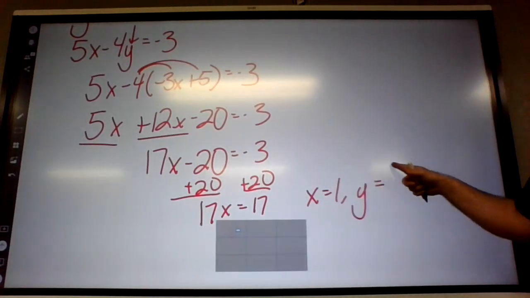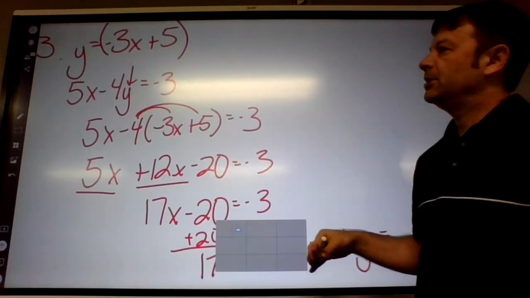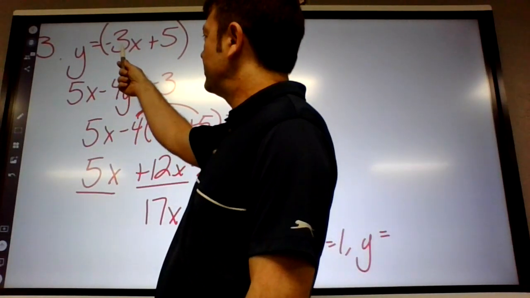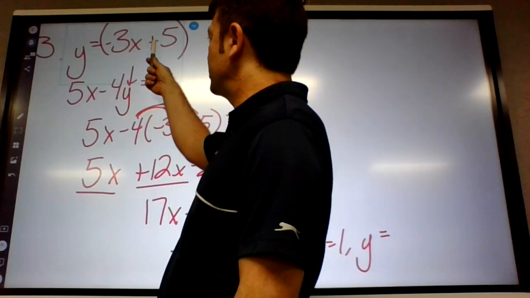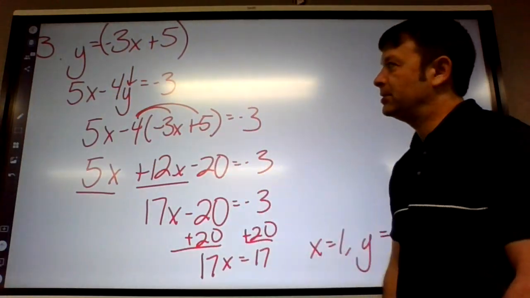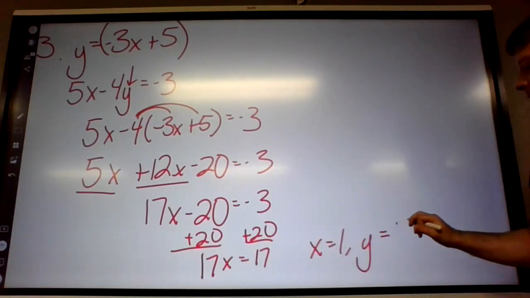What am I going to do with that? Plug it in. You could plug it in the second equation, but it would be more work. If you plug it in here, negative 3 times 1 plus 5 will tell you what y equals. Negative 3 times 1 is negative 3, plus 5